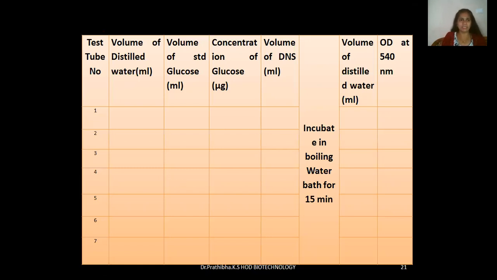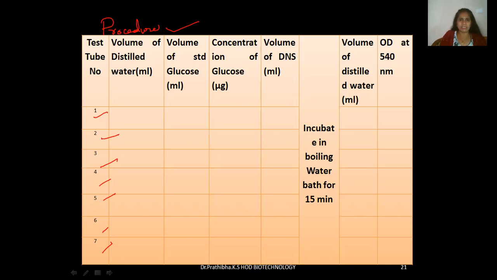Now this is very important. You should make a note of this one. This is the procedure to perform. You need to make a note. You need to write this tabular column in the examination. You must keep it in your mind. So as I told in the procedure, now you need to take the 7 test tubes. Test tube number 1, this is 2, this is 3, this is 4, 5, 6, and this is the 7th test tube. So first, what are the requirements to conduct this experiment?